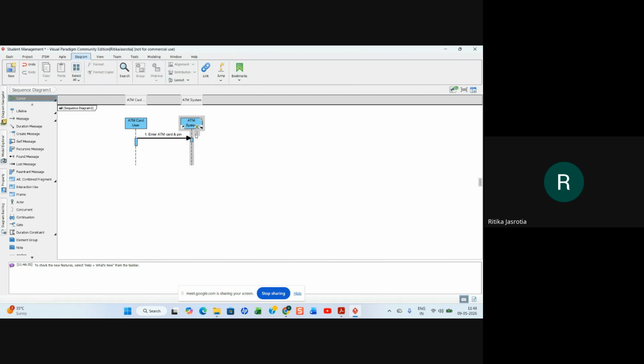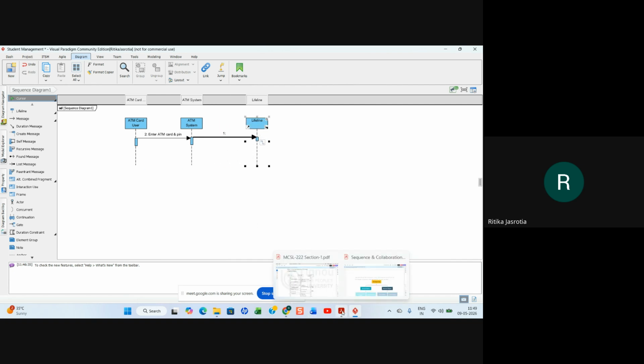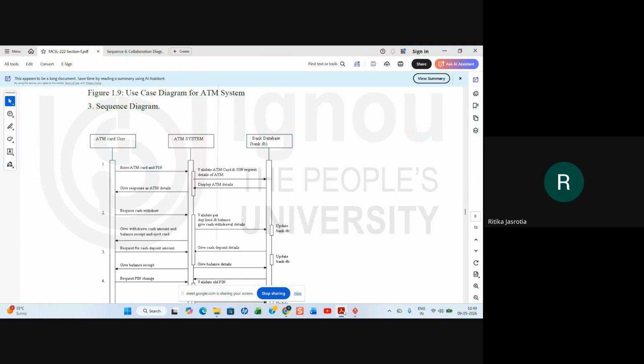Then you have another lifeline like this. Like this, you can have another one where you are saying validate ATM card and PIN request details.